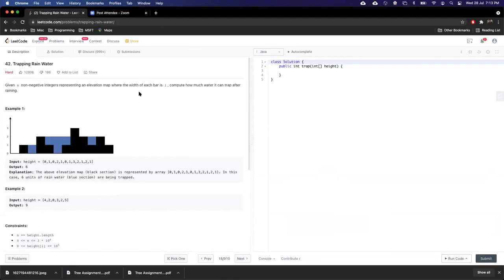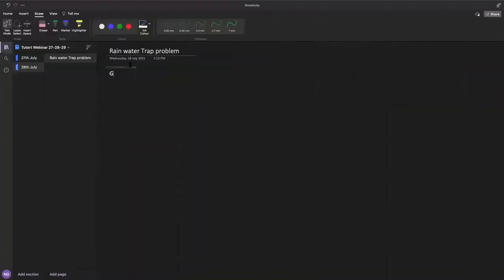What it says is, you are given an array of positive integers. Each element represents the height of a bar.